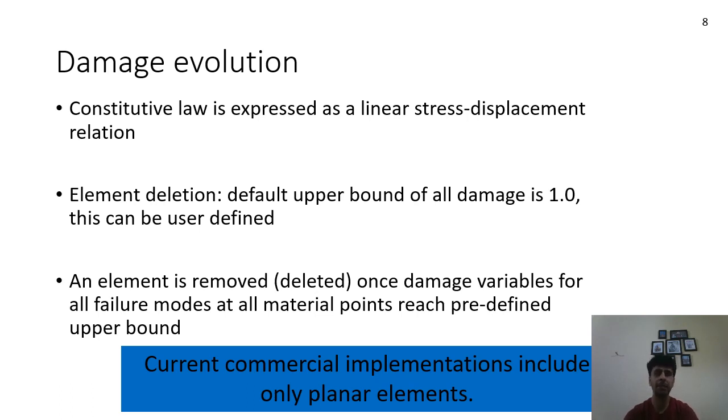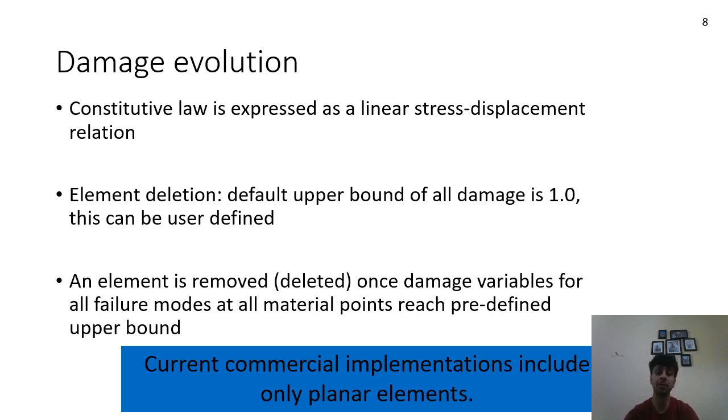A major limitation of this implementation is that Abaqus only allows you to model plane stress elements, meaning that this model was implemented solely for lamina or laminates, where you have multiple lamina and each lamina is in a state of plane stress. If somehow your composite is in a state of 3-dimensional stress, then you cannot use this implementation directly.